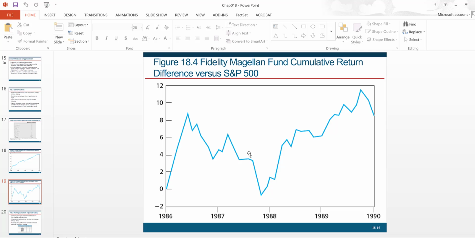So that is the benefit of a style analysis, because mutual funds do tend to follow a combination of various styles, and therefore style analysis is useful in evaluating their performance. Okay,